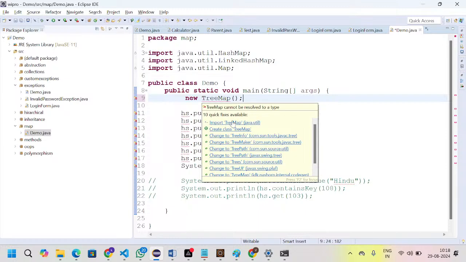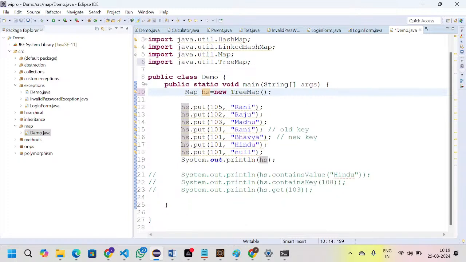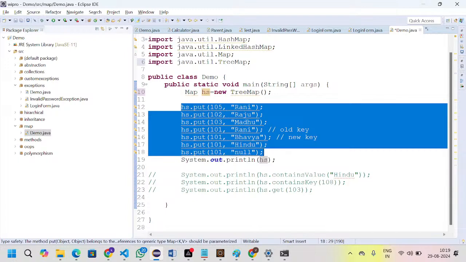You can import the util package and click on it, and I'm storing in the reference variable as the hs only, and this hs data type is the tree map. This is one way, and you can take the parent as map also. The remaining structure, everything is the same. The only difference is,